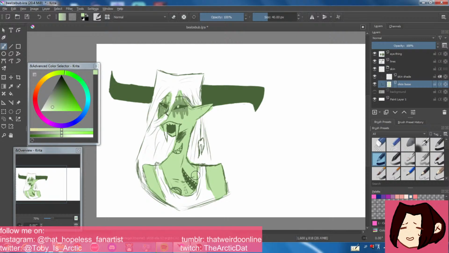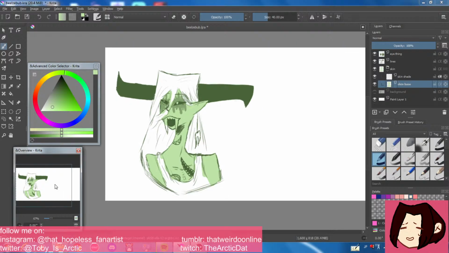And his design hasn't actually changed that much since the first pass. And his horns, they're mostly to just kind of balance out his design.